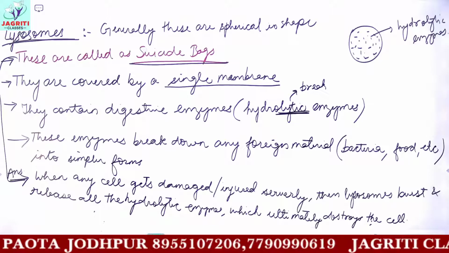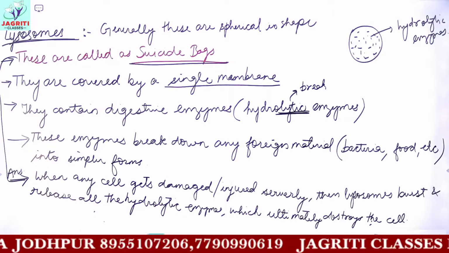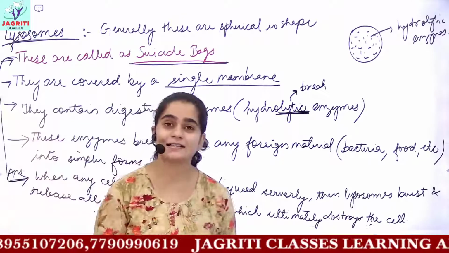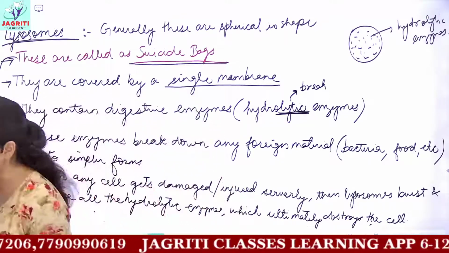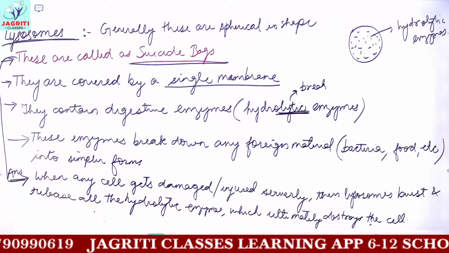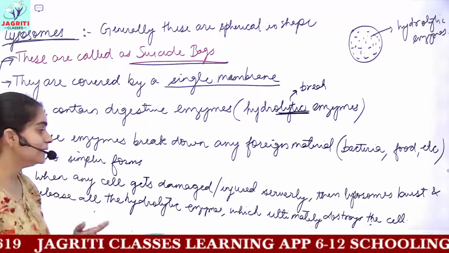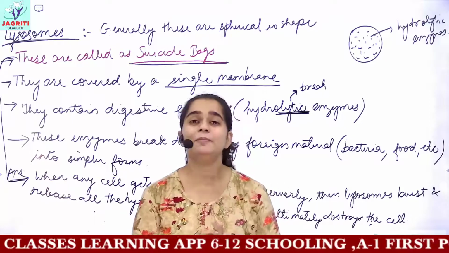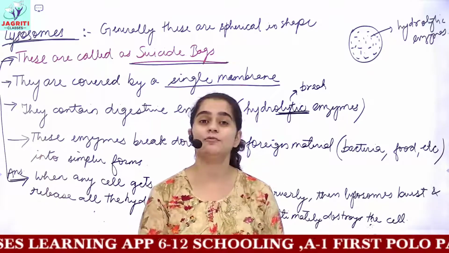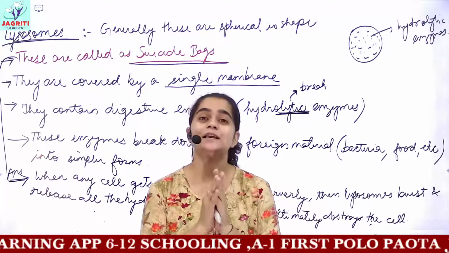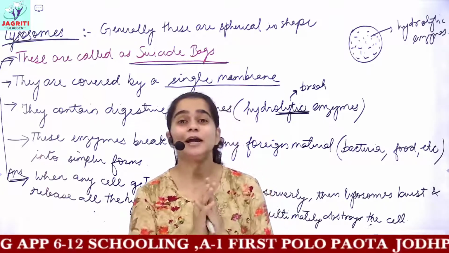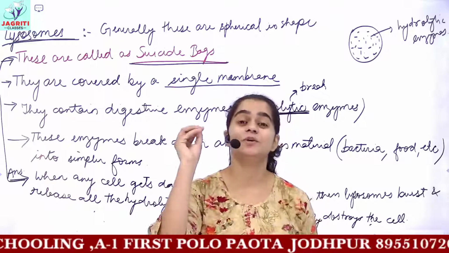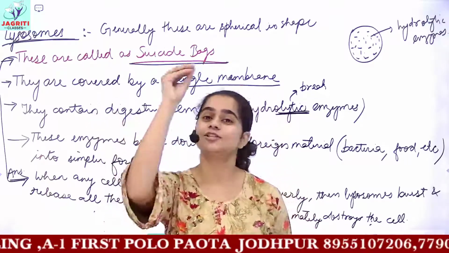Now next what we have is mitochondria. We'll be discussing mitochondria in our next class. What we are left with is mitochondria and plastids. In the next class we'll do mitochondria, then we'll do plastids. Remember, mitochondria is responsible for giving energy to the cell. So mitochondria is also known as the powerhouse of the cell because it produces the whole energy which is required by the